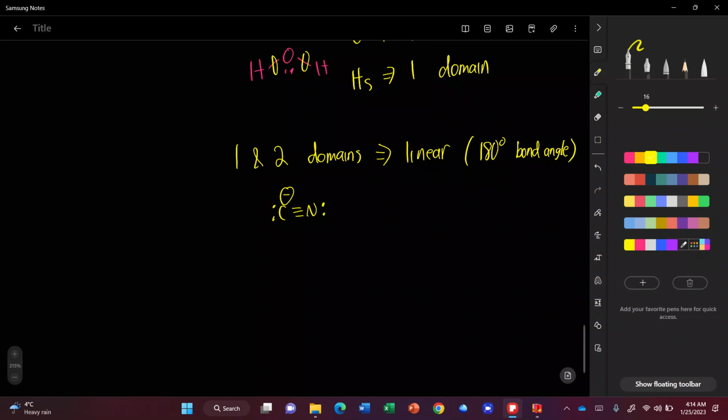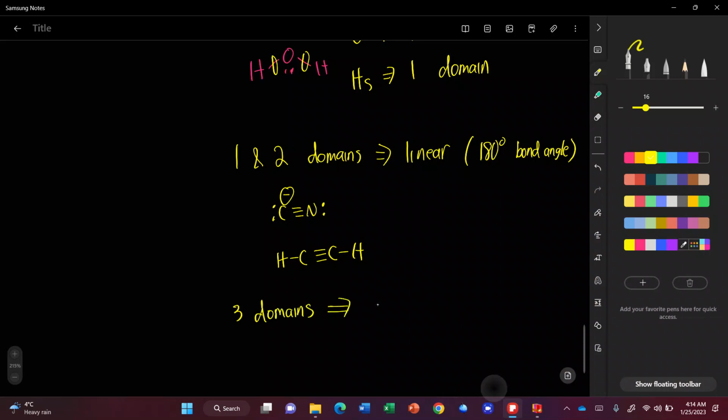I could also have, let me think of, pretty much anything that's triple bonded. I could have this guy. That guy's also going to be linear, okay? Because both of the central carbons have two bonding domains. Both of the hydrogens only have one. So voila. Alright? If you have three domains,